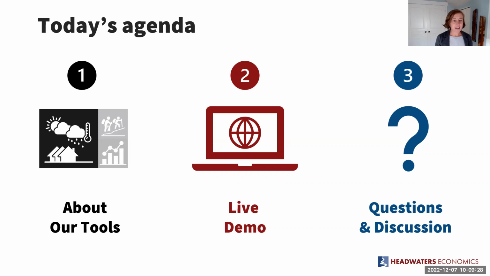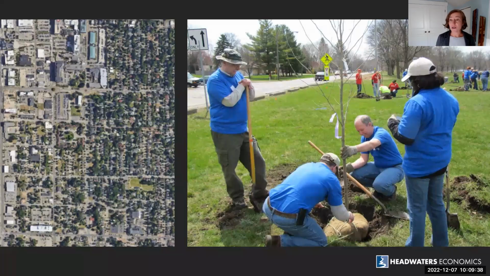So before I dig into telling you a little bit more about our tools and how we build them, I'd like to tell you just a story. This is the town of Grand Rapids, Michigan. It's a community of about 200,000 people. And like many communities in North America, they recognized a disparity in where tree canopy is across their community. They noticed that some neighborhoods, especially wealthier neighborhoods, had a lot of tree canopy cover, and some neighborhoods, including their older downtown core, was really lacking tree canopy.